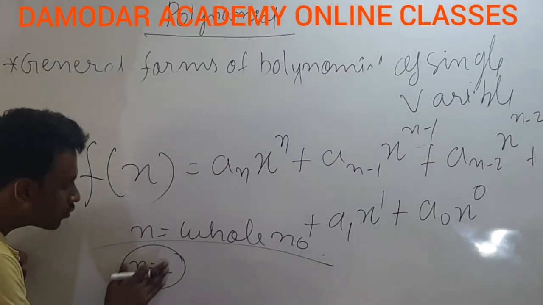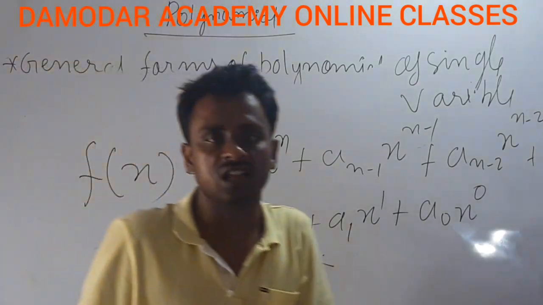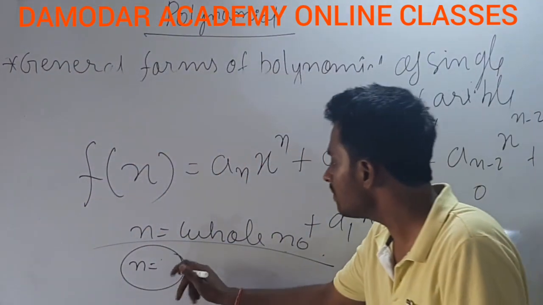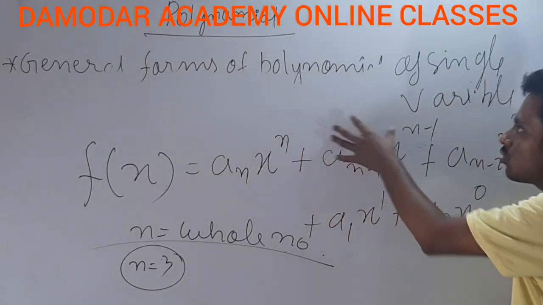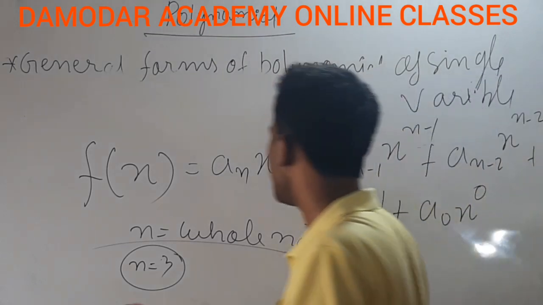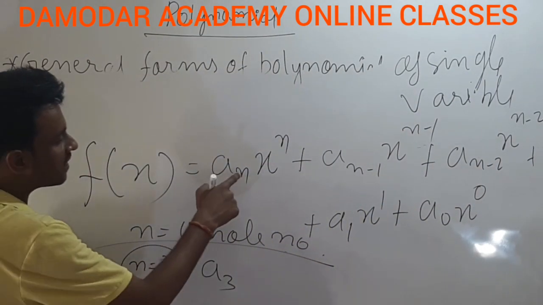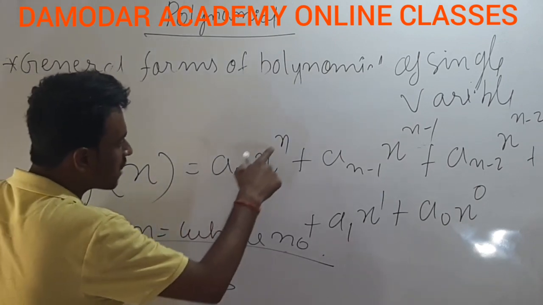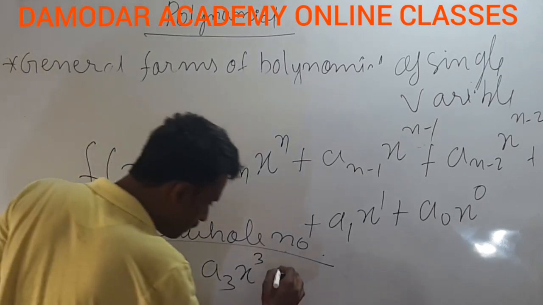n is a whole number. तो क्यूबिक पॉलिनोमियल बनाने के लिए जो पावर हो सकता है वो क्या हो सकता है? मैक्सिमम 3 के बराबर हो सकता है. तो हम लोग क्या करेंगे? इस जनरल केस ऑफ पॉलिनोमियल में n इज इक्वल टू 3 पुट करते हैं. ठीक है. अब देखो कैसे बनता है. a_3, n की जगह पे 3 रखें, x पावर n है, क्या होगा? x to the power 3 plus